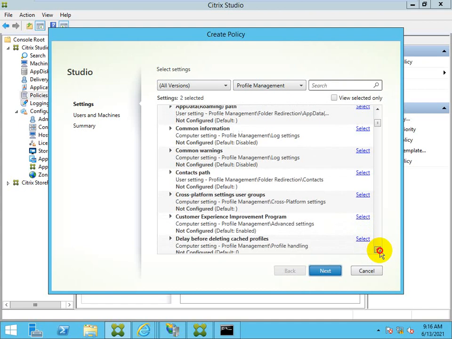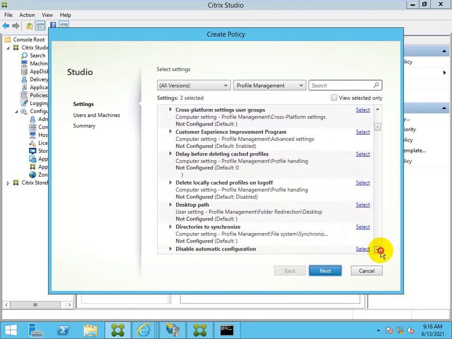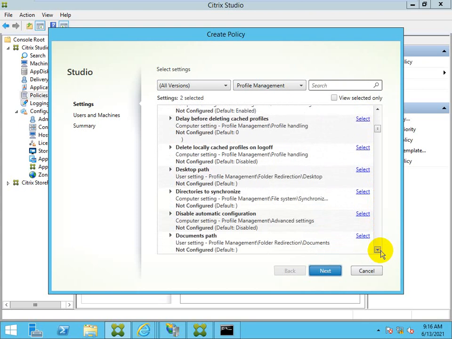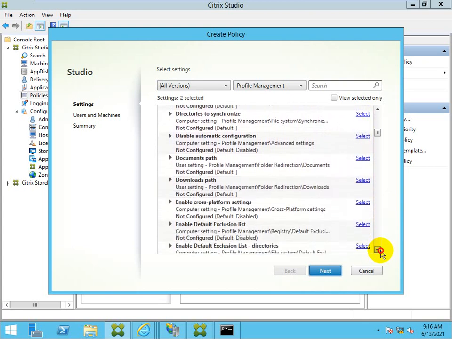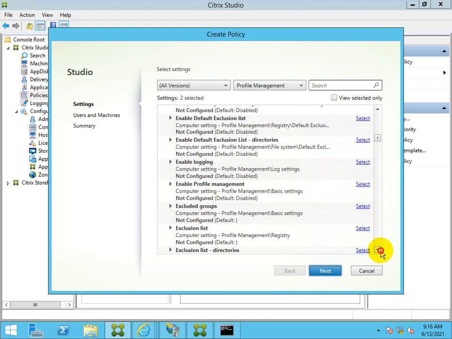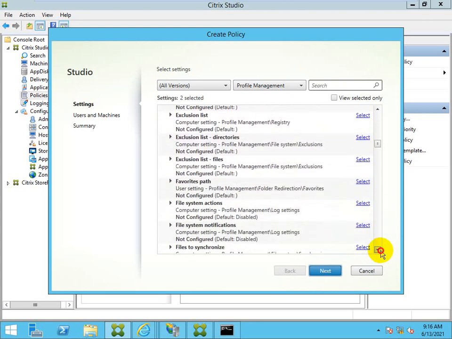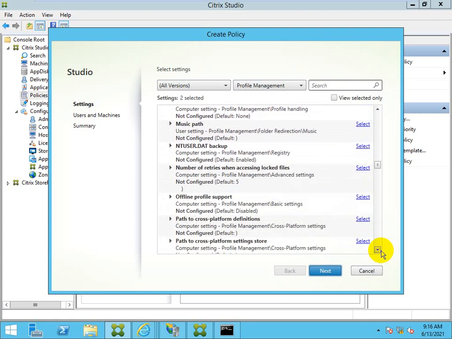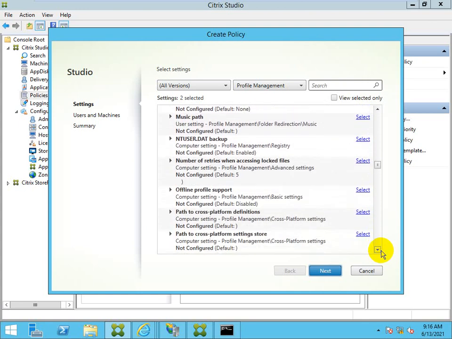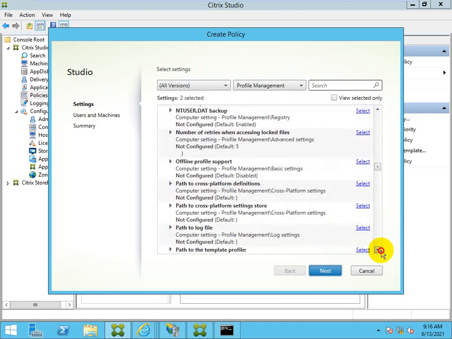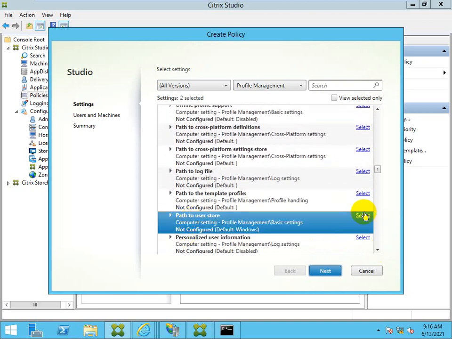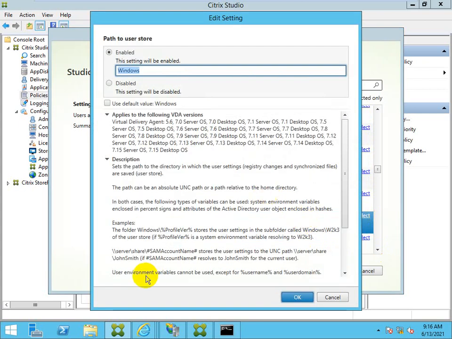App data path, profile path, desktop path. Path to user store is asking here the same thing.